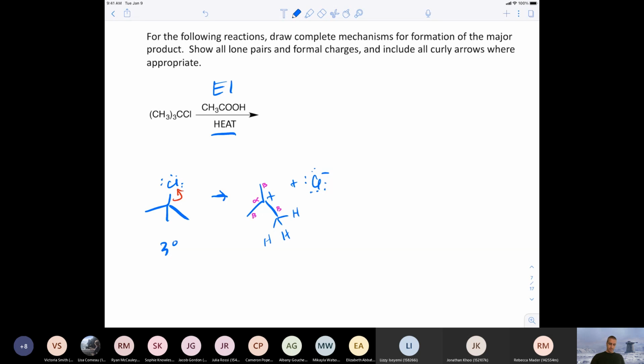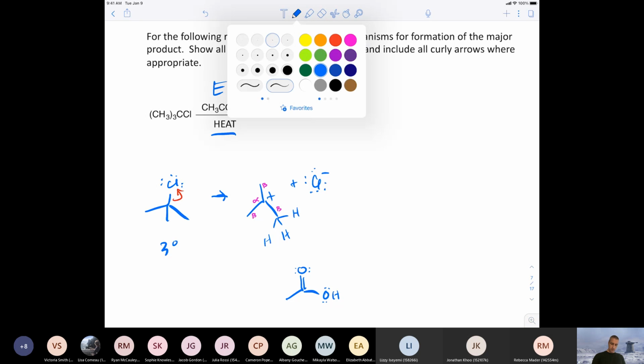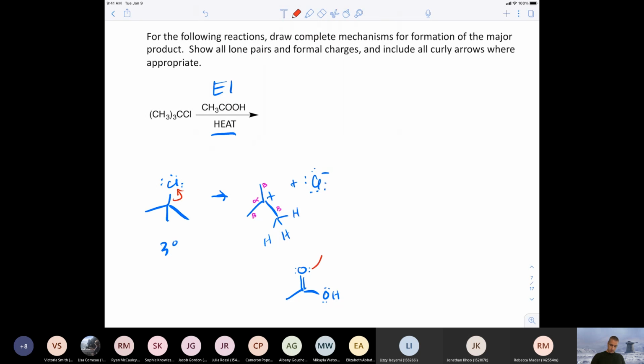Now we're going to use our solvent as a base, just like before, except now we're going to pull off a beta hydrogen. Pick any one of those you like, and you get this, and that's it. Side products are chloride, and you got